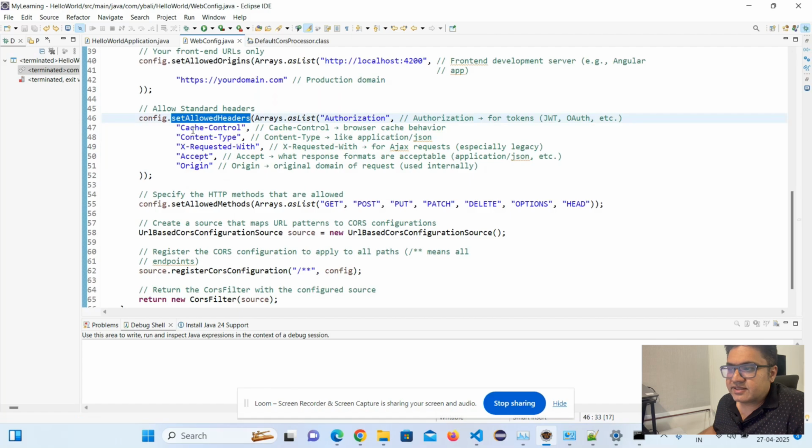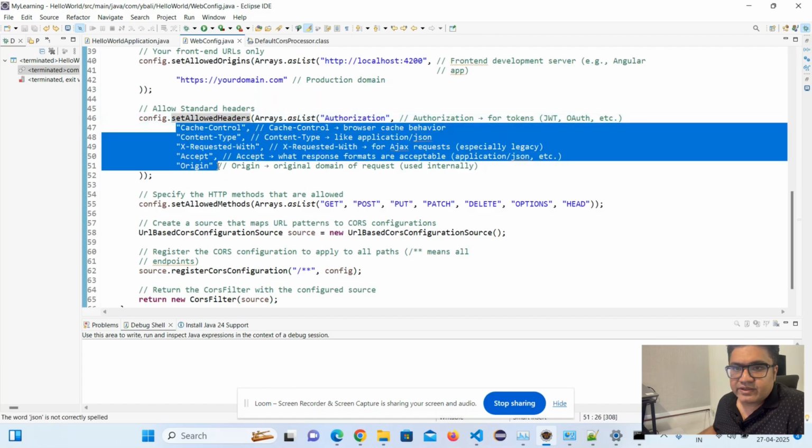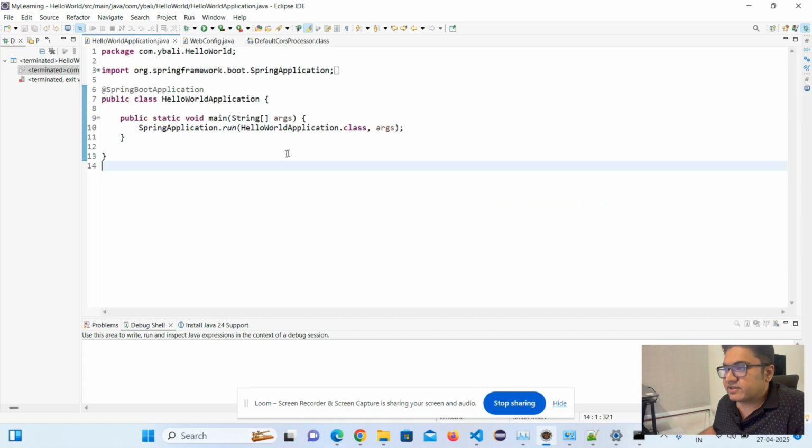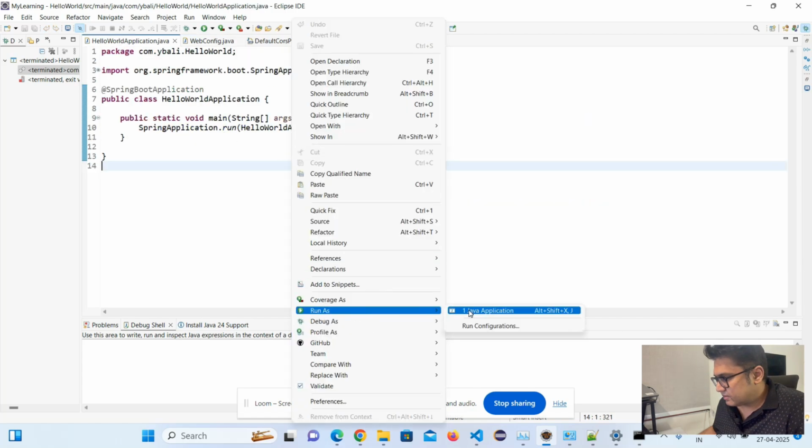So we say that these headers should come in the request, then only this cross origin request will be accepted. And also we are saying these are the methods that are allowed in cross origin resource sharing. Okay, so if I run this application now,